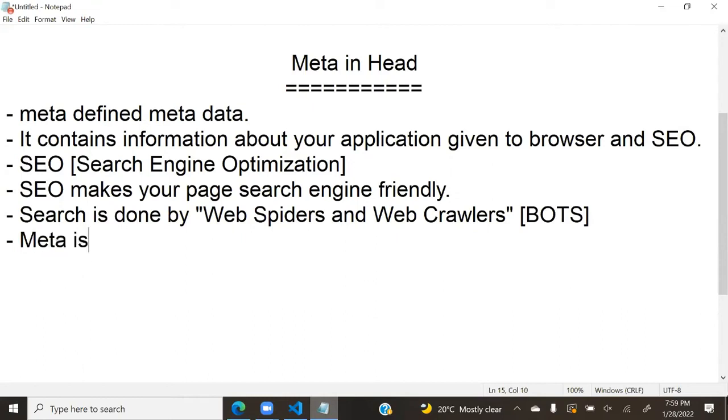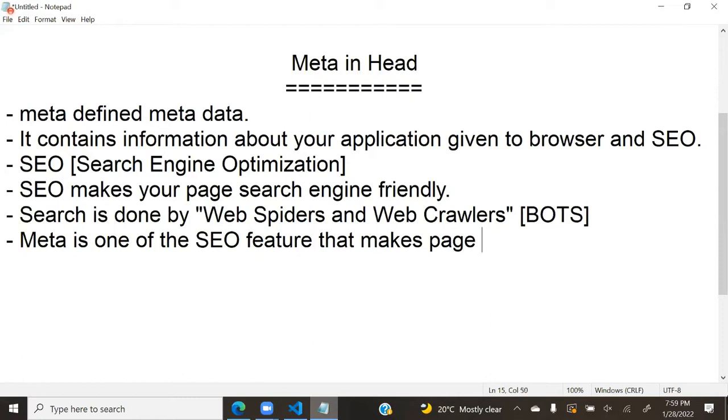Meta is one of the SEO features that makes a web page SEO friendly. Understood? Is Meta enough? No. Along with Meta, several other things are required, which you will learn gradually. But Meta is one option for that.